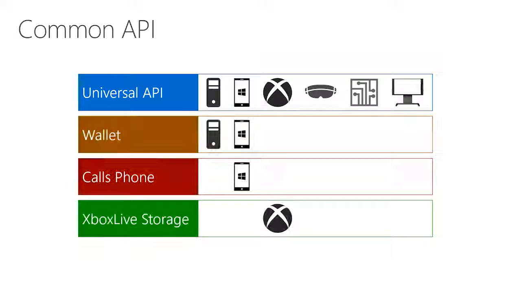But we also have some APIs that are device type specific. So something like Xbox Live Storage. Well, that's something that makes sense on Xbox Live, but doesn't necessarily make sense on your Surface Hub, for example, or on IoT. Right, or the ability to place a call. It doesn't make sense on my desktop necessarily because I don't have cellular connectivity on my desktop. Exactly. So we do still have APIs that are specific to certain device types, but generally we work in